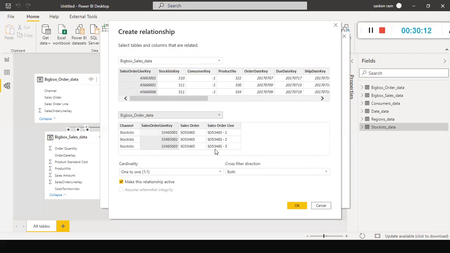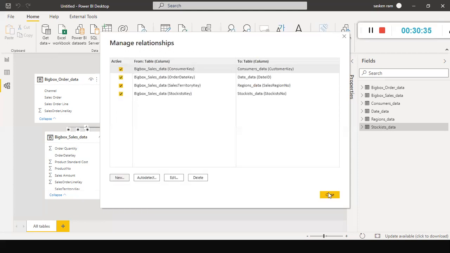Hence, it is a one-sided table. This is a many-side table. Here, I'm going to check manually which values are matching. See here, your channel and sales order, this is alphanumeric, this is also numeric. But the order line key, both of them are matching. And it is a one-to-one relationship. Look here, in this case, it's a one-to-one relationship. Cross filter direction, by default, is both. Let it be there. I'm going to click OK here and close.